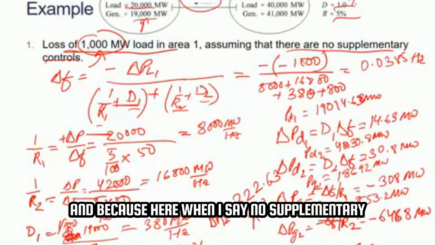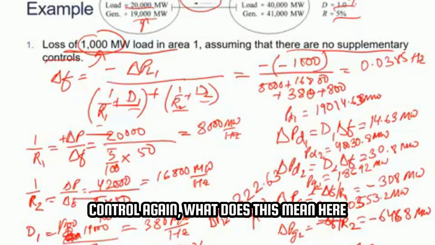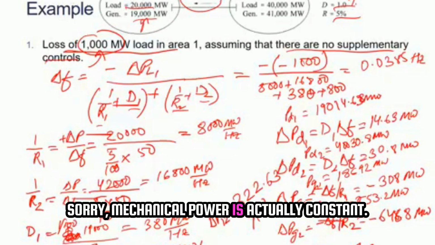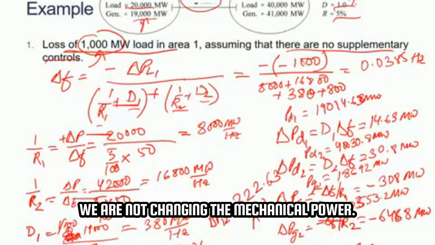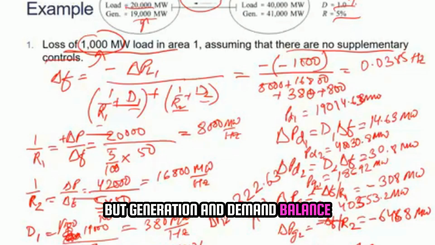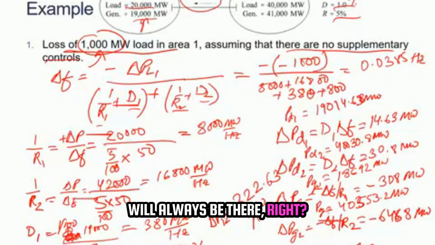And here, when I say no supplementary control, what this means is that the mechanical power is constant. We are not changing the mechanical power. That's why the frequency has been disturbed, but the generation and demand balance will always be there. Right. So there will be a few more parts of this question that we will